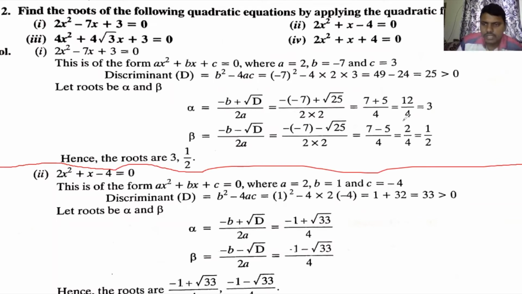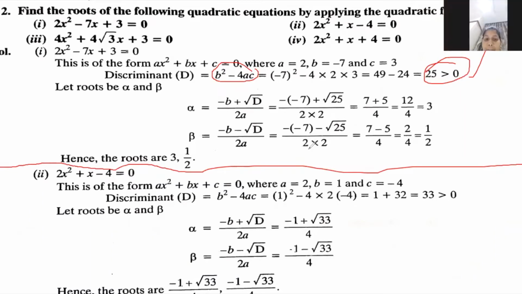Pranavi, instead of substituting into the formula, first I want to check whether the b square minus 4ac value is greater than 0 or not. First, you know how to take the a value, b value, c value, because in polynomials also, minus b by a, c by a, you learned that. Now, first check it. After that, I did it this way. If you want to do it the way of the previous example I gave you, you can substitute that way also, no problem. Any method is fine. Here I did it separately. You can do one sum and finally separate. Okay, sir. Carry on. Clear? Thank you, sir.